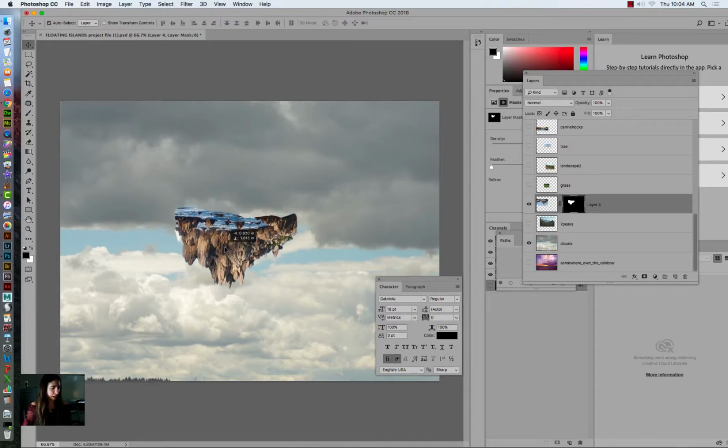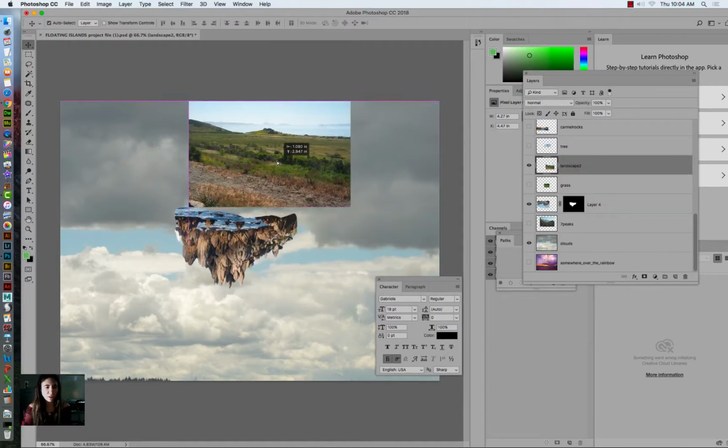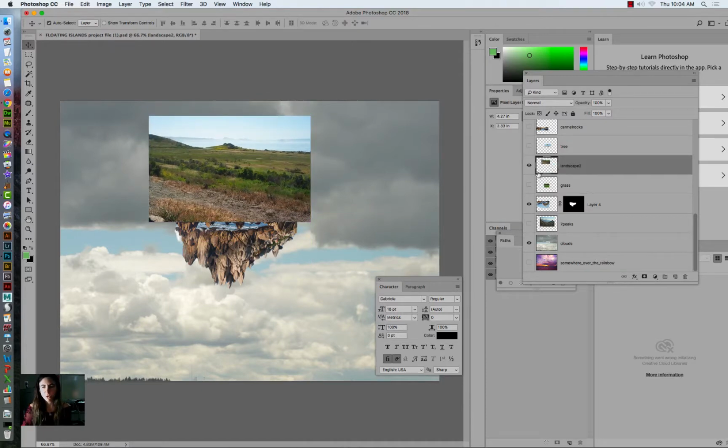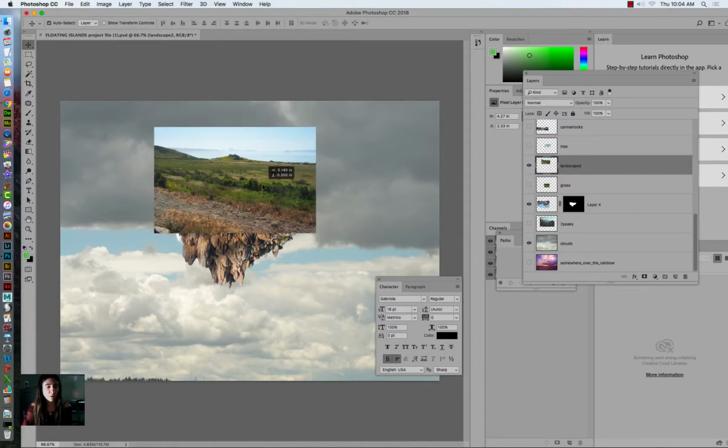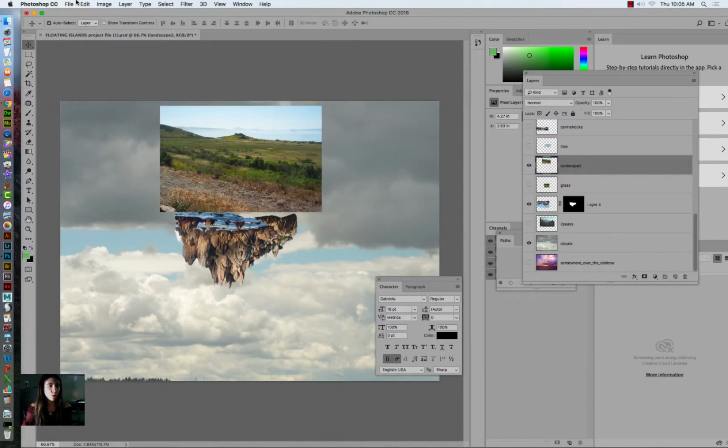So now I've got the rocks from Carmel upside down, and now let's add some stuff to the top of my island. Here's some green grass. That'll do. Gosh, should I warp it or apply a mask first? That's where you start having some fun with this. I'm actually going to warp this first before